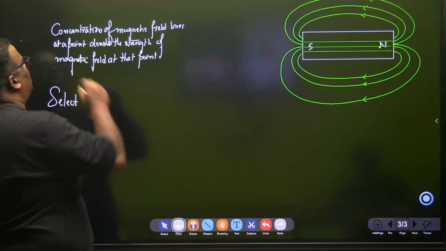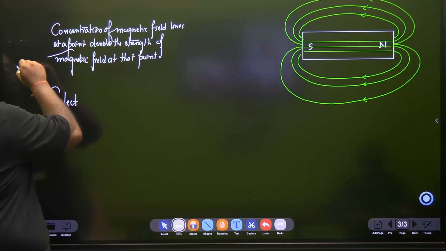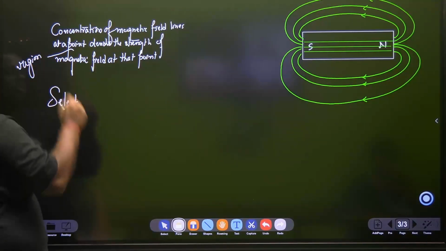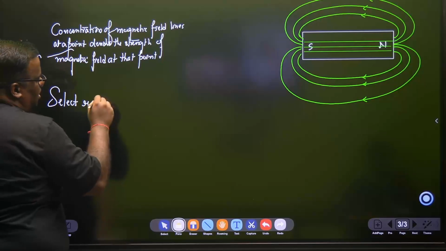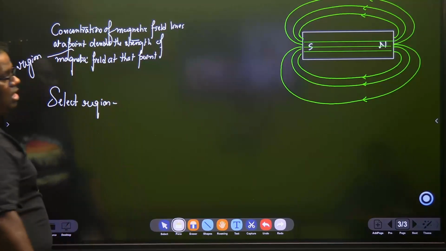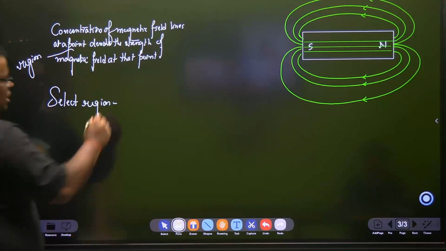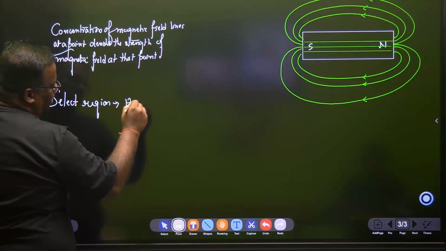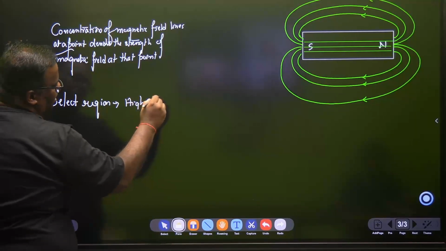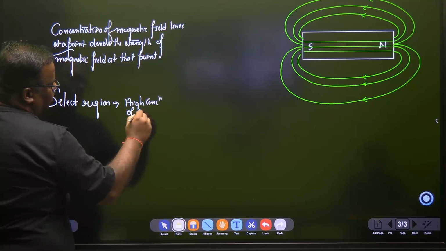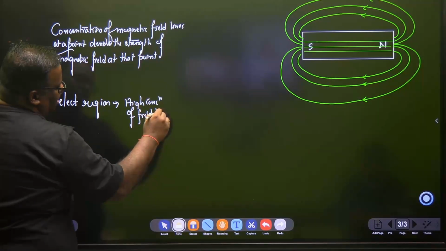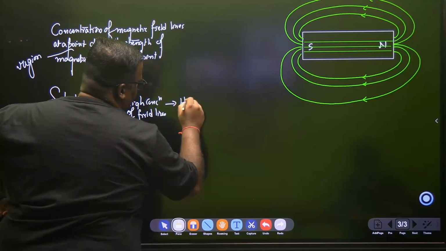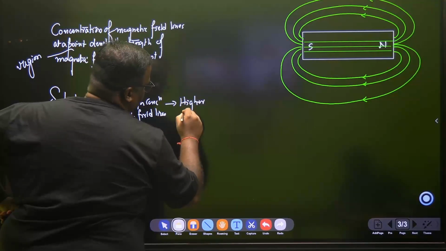or you can also replace this point by the word region. So we'll select a region. You select a region, right? And in that region, you have selected a region. If you find a high concentration of field lines, then it indicates higher intensity